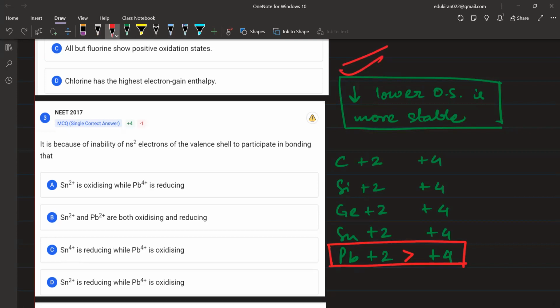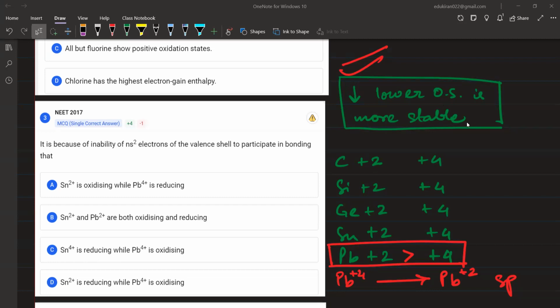Yes, sir. According to this, ठीक है। यानी कि if I have Pb4+, I can easily convert this to Pb2+. This will be spontaneous because Pb2+ is more stable. ये समझ में आया सबको? Yes or no? Please tell me. All of you understood this? Yes or no? Yes, yes, sir. समझ में आया? ठीक है।